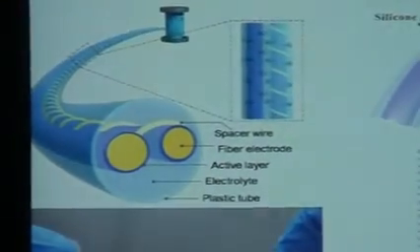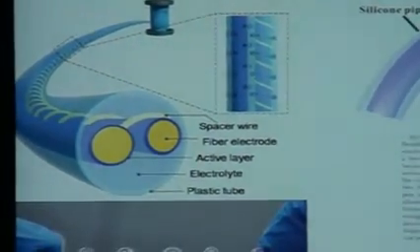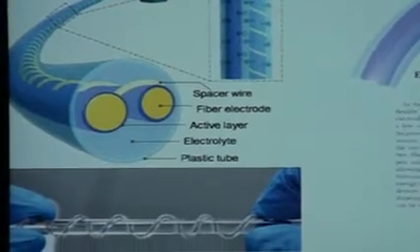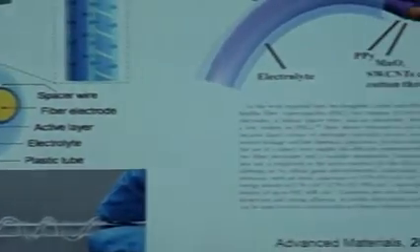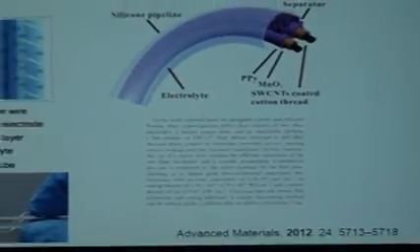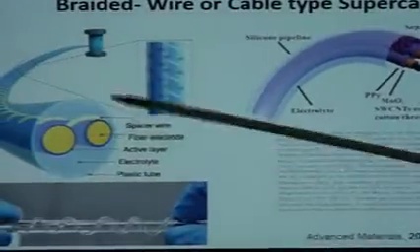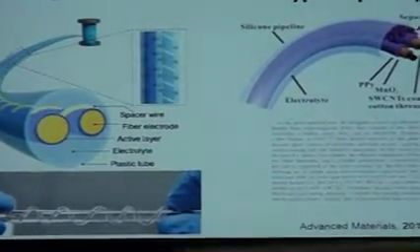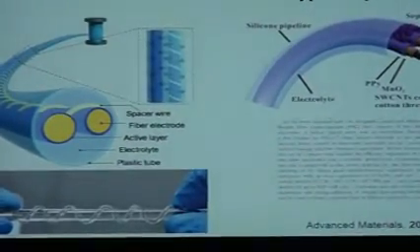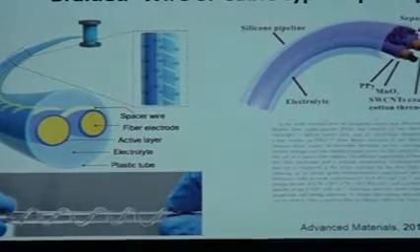In such capacitors, the shortage can be one of the biggest problems. If you have just the electrolyte in between the two, they will tend to touch somewhere at one end, right? If you have a long cable. But to solve this problem, these people have utilized an approach where they take one of the wires and wrap the separator on it, so that it will never come in direct physical contact with the other electrode.